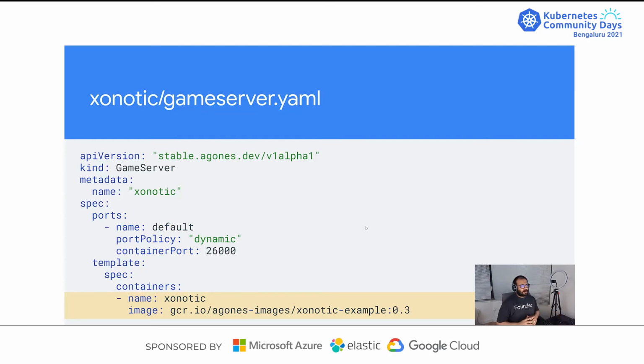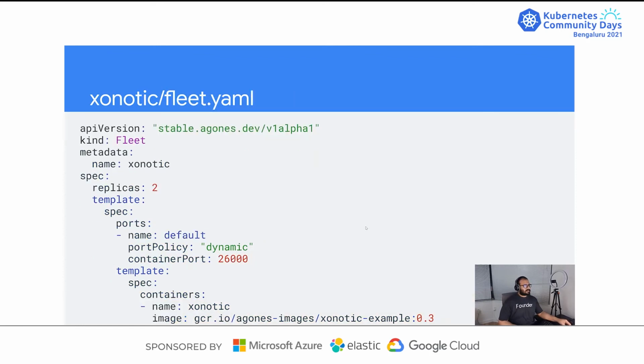Now this is great. But what if you wanted to have like 10,000 game servers, and you wanted to be ready for any player coming on board and just make sure that they connect? This is where Fleet comes into the picture. Fleet and game server are more like deployment and pod in Kubernetes. The Fleet will come with replicas, and a template, which is equivalent to a game server template, which has a container image, which will make sure that the replicas are maintained and created for your deployment for you to connect.